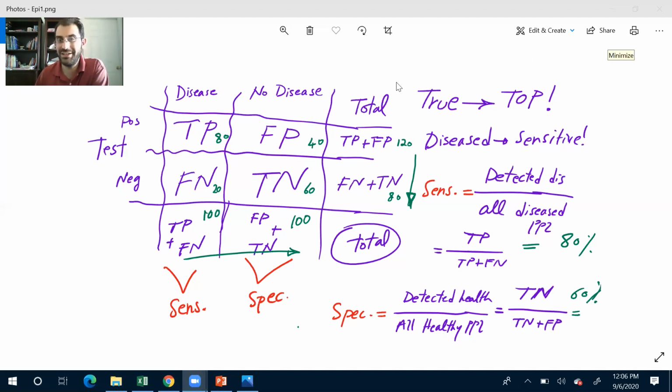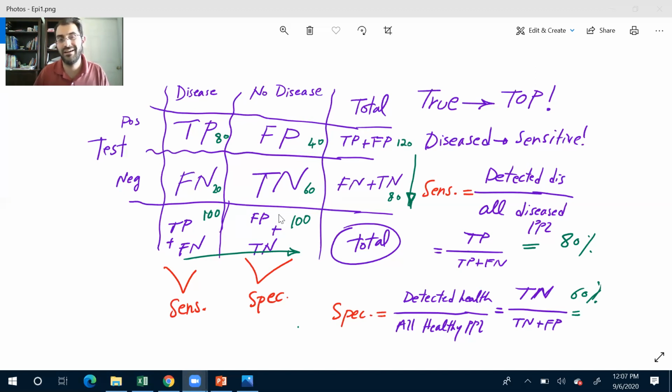So from now on, when you're looking at sensitivity, do you need to look at the rest of the table? No, I just need my first column. Really? Just the first column? Imagine the second part is burnt, somebody burnt my piece of paper, and I only see the first column. How can I calculate sensitivity? You don't need these parts. The first column is enough for calculating sensitivity.